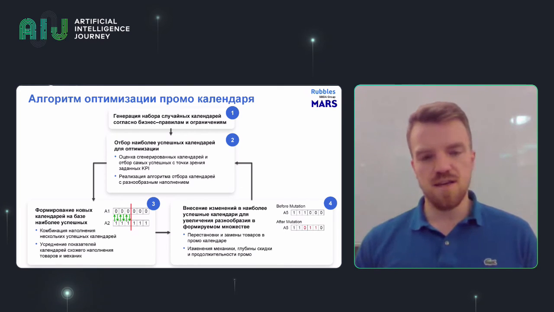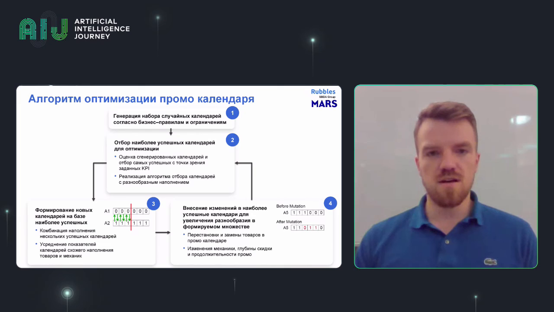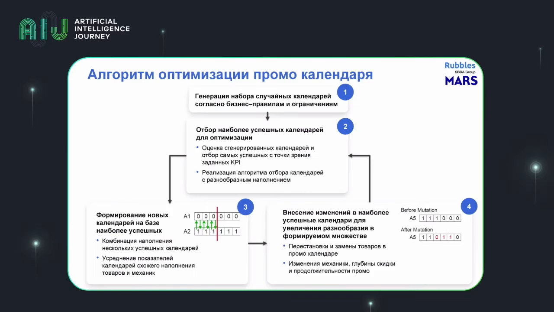So there will be mutations. We can take, for example, elements from several successful calendars, or we can try averaging calendars that are equally successful. Mutations are another possible route of change. For example, the actual content of a promo calendar can be swapped around, or we can play with other mechanics such as discounts. As we create this new population on the basis of what we consider to be the best calendars from stage 2,